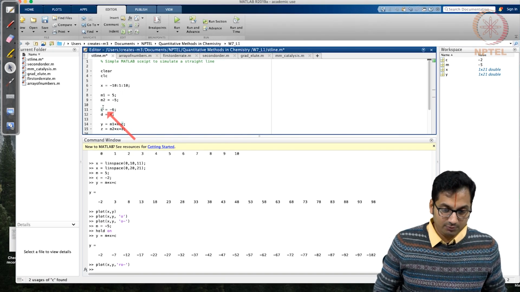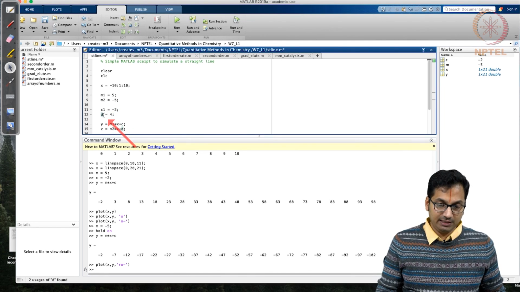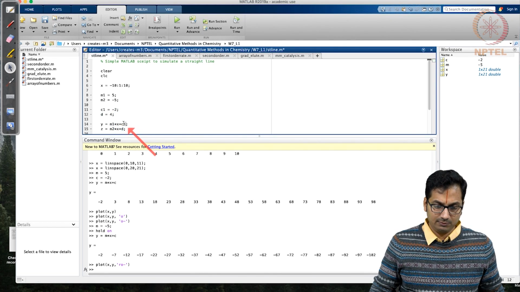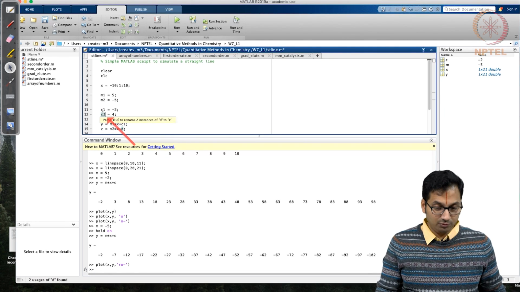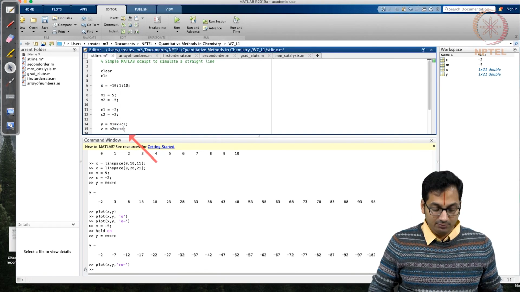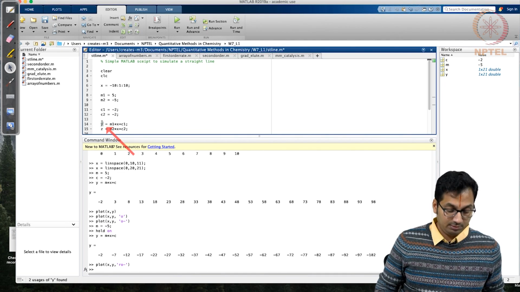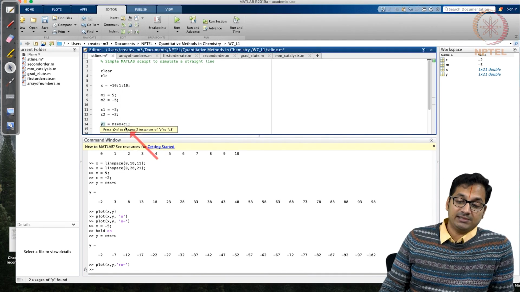So we can give c1 as, what did we give just a moment back? We gave c1 as -2. And just for the sake of simplicity, we can give c2 as also minus 2 because you want to generate with the same set of numbers. Okay, now that is done, what you have to end up doing is to say y1 is m1 star x plus c1